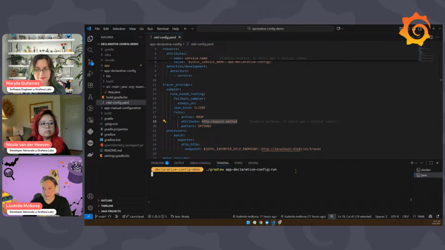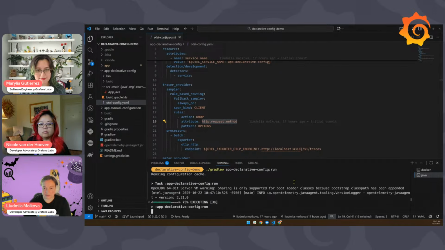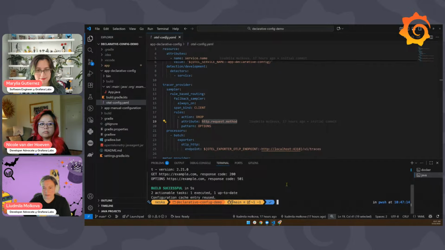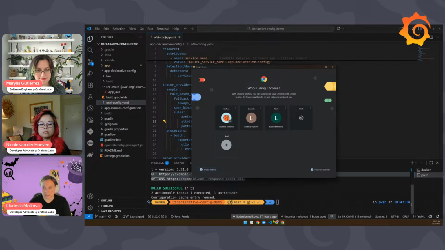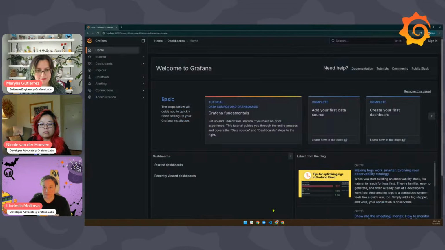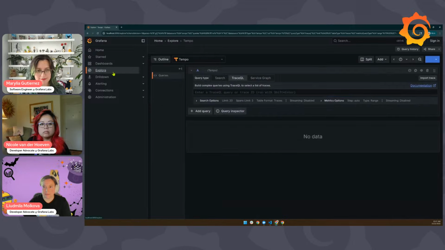So there is not much interesting that happens if we run this example. It will do the requests. It will report telemetry. See, it made a couple of HTTP requests. If we now look at my local LGTM stack, I have Tempo running here.